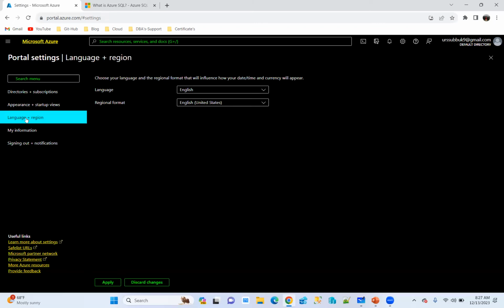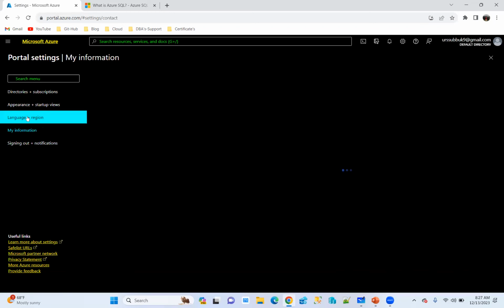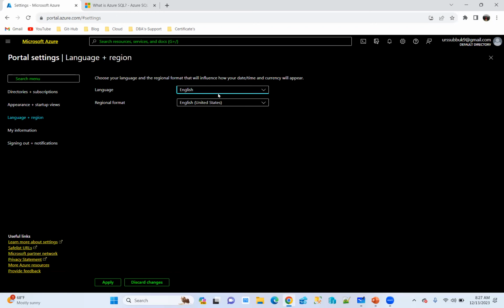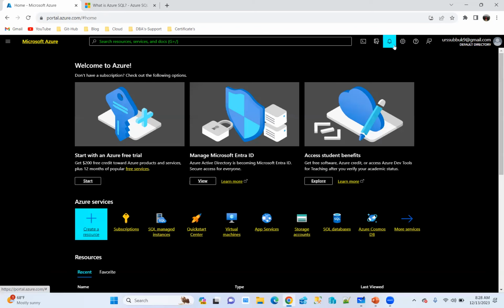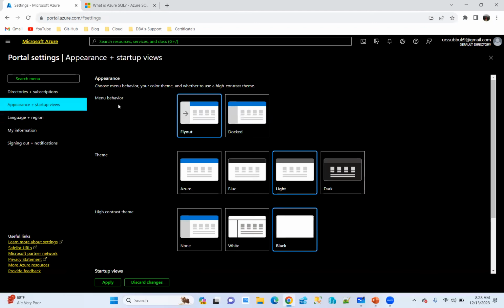And if you want to change the language, or the time, or find your information, or manage notifications, you can see all these options in the settings. But only one thing is very important, the first thing you need to keep in mind is,